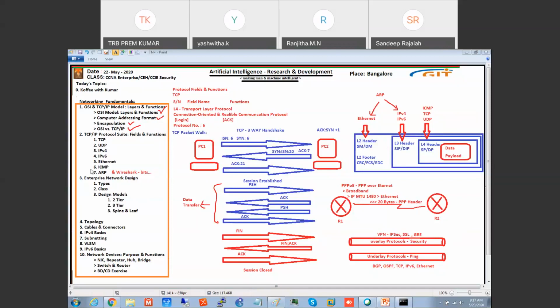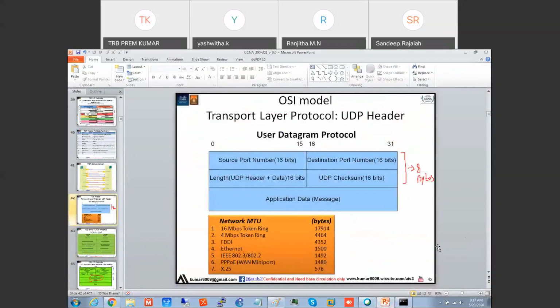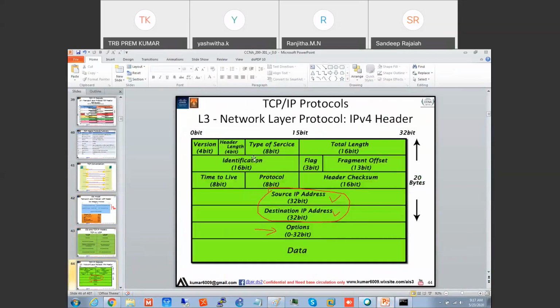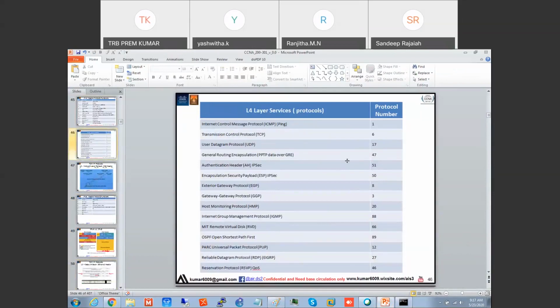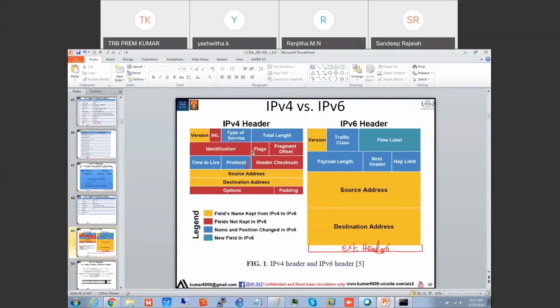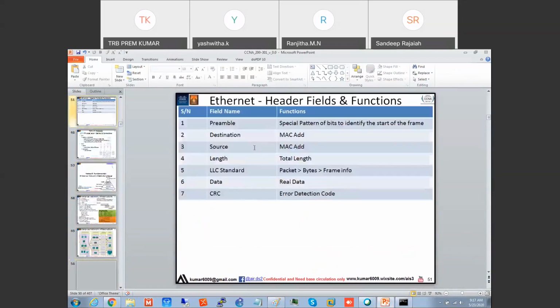Okay. So now we have finished this one. Tomorrow we'll start with IPv4 and IPv6. Then we'll discuss the Ethernet, and we'll discuss ARP and ICMP also.